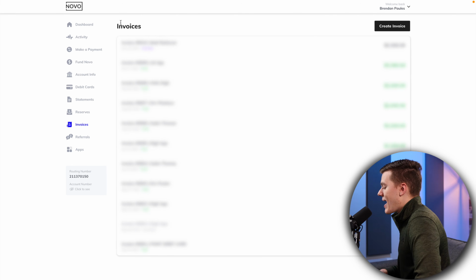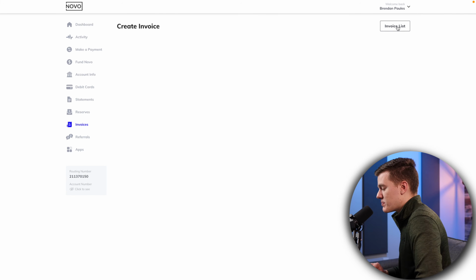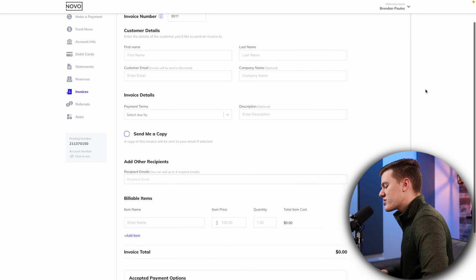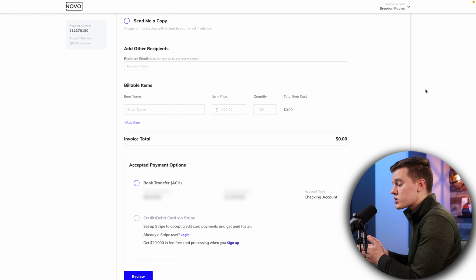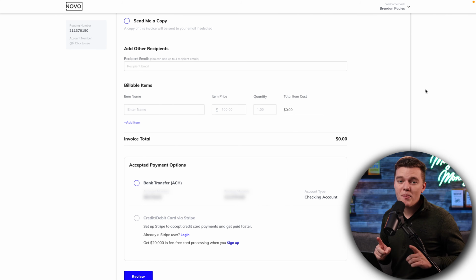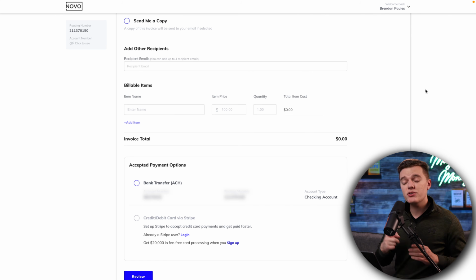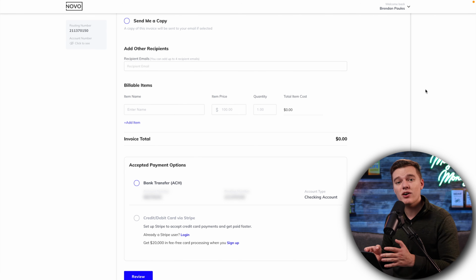Or you can go back and click the Create Invoice button, and then input that information and create a new invoice and automatically send it to the person who is supposed to pay that bill. Now, I will mention that in my experience at least, if you send this to someone just using an email, then what actually happens is they basically get an invite to sign up for Novo, which isn't necessarily a bad